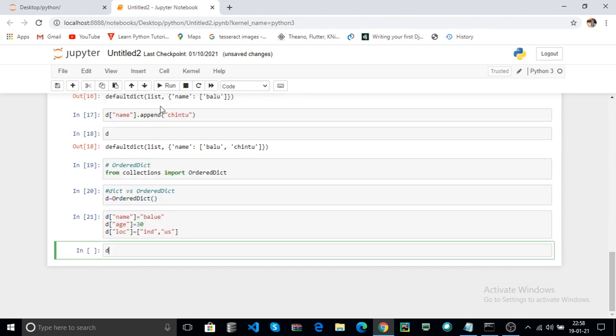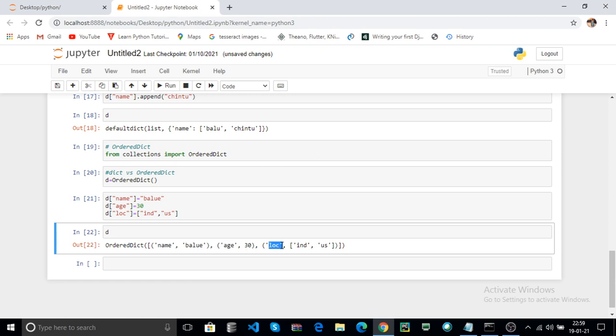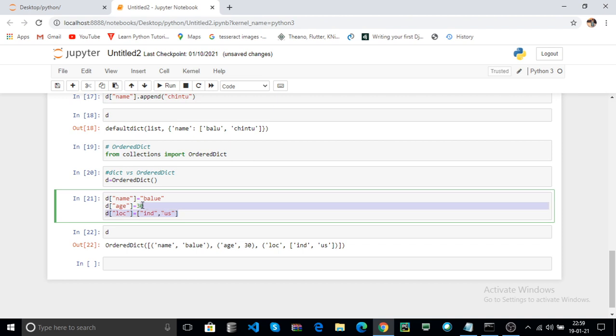Here the D contains the ordered keys based on your insertion into the OrderedDict. Here first name, then age, then location. The dict returns sometimes ordered, sometimes unordered, but your OrderedDict always returns the ordered values.